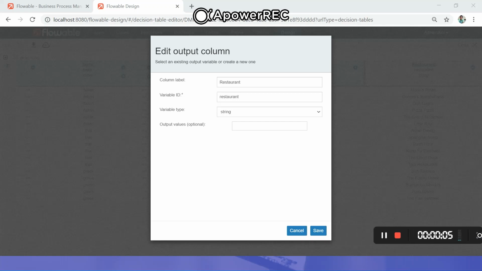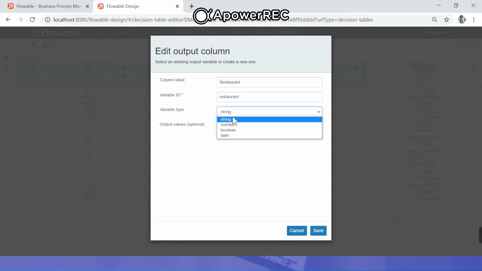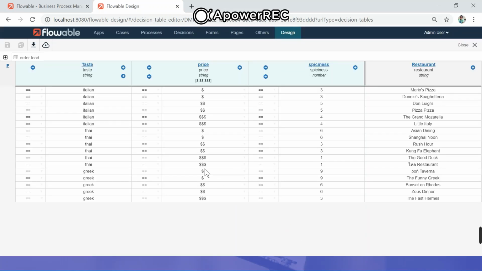For the label you can give any name, the variable id you can give will be a unique variable id, and the variable type is something you need to select from the drop-down list. Flowable allows 4 variable types: string, number, boolean, or date. Let me cancel it. Overall, in this decision table you can see this is the name of the decision table: order food.